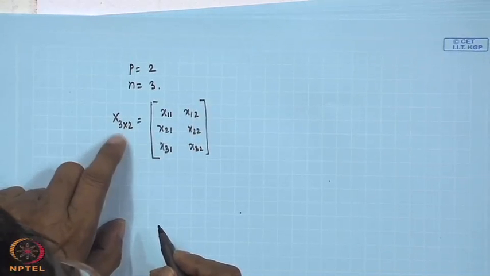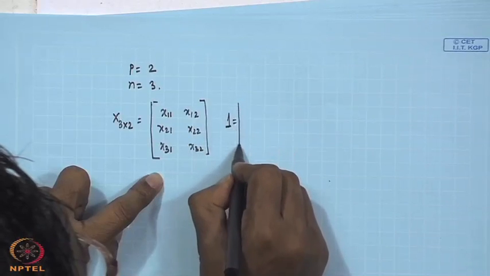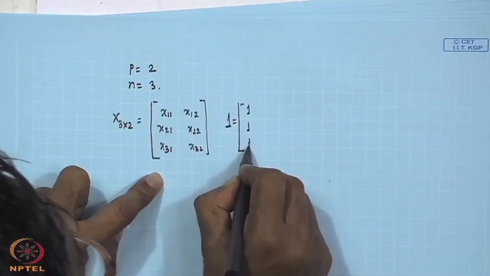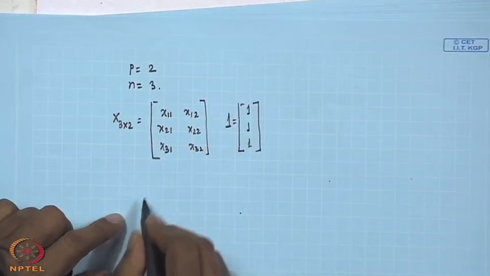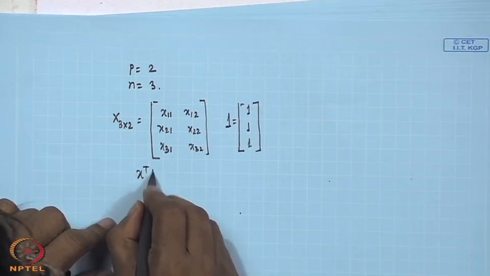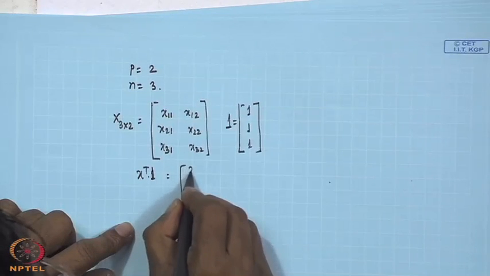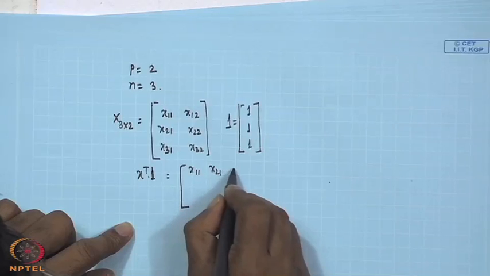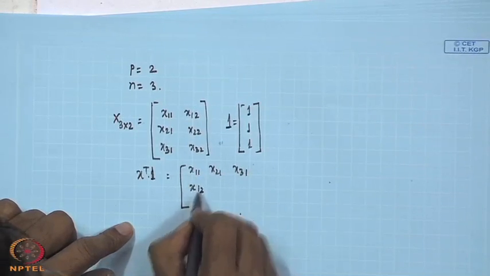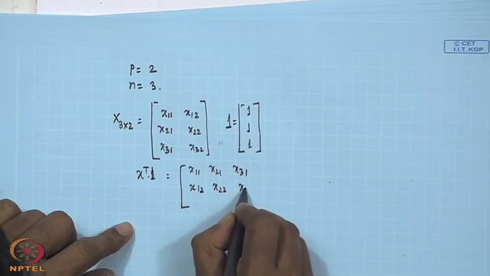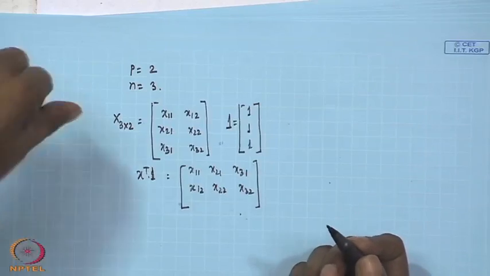As there are 3 observations, let us create one unit vector which is 1, 1 and 1. This 3 is required because my n is 3. So, I want to multiply X transpose by 1. So, what I will do then: x 1 1, x 2 1, x 3 1, that is the first row, second row x 1 2, x 2 2 and x 3 2, this is my second row, because I have made the X matrix